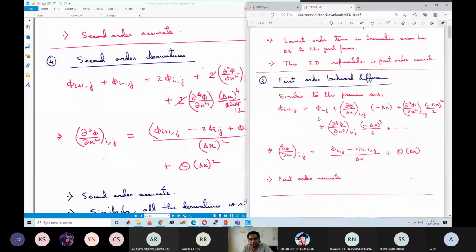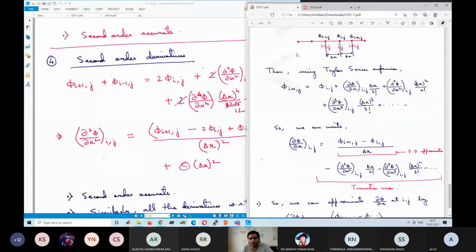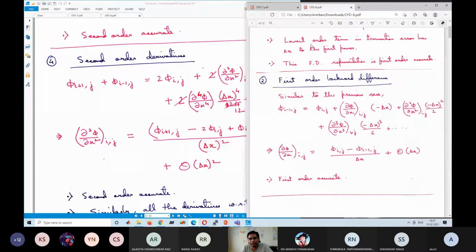If you add these two equations, you will be left with phi i plus 1 comma j plus phi i minus 1 comma j. These two should have been on the same page, then I could have shown you easily. Is equal to, so now because you are adding these two, you have two phi ij's. One phi ij from here, one from here. So 2 phi ij. Then what happens to the